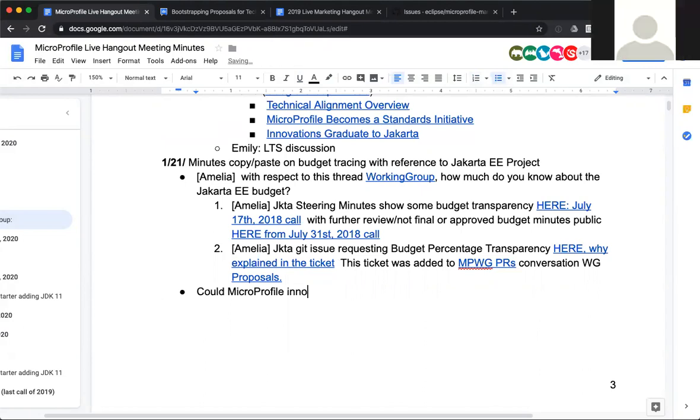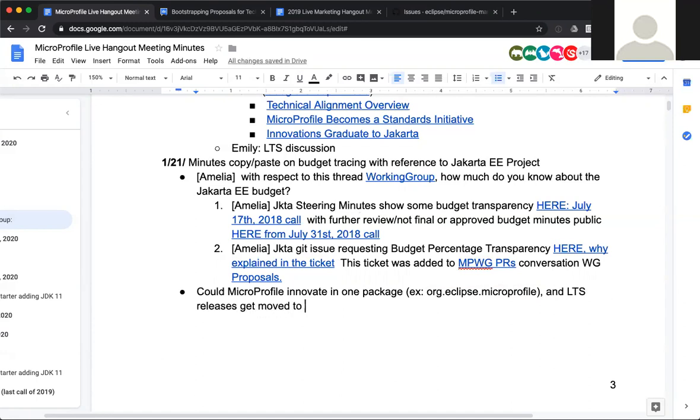Yeah, for me, if you say you have the incubating package and the stable package, that means you need to make a fork of the repository. So config will be forked into Jakarta with a new package name. That doesn't mean you cannot evolve it anymore with MicroProfile, because it is just a branch. It is split off.